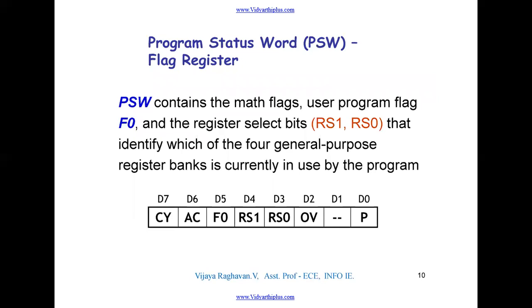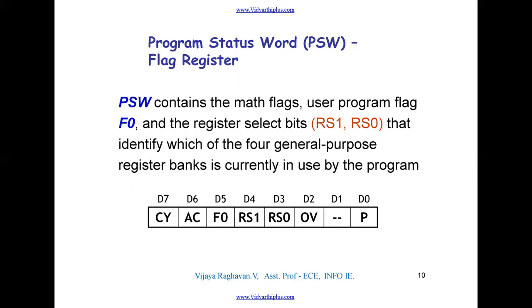The program status word, or PSW, or flag register. Many instructions affect the status flags. In order to address these flags conveniently, they are grouped to form the program status word. Flags are 1-bit registers provided to store the status of the result of some instruction. Now we see what a flag is. A flag is a flip-flop that indicates some condition produced by the execution of an instruction. Example, the carry flag will be set if there is a carry or borrow out of the MSB of the